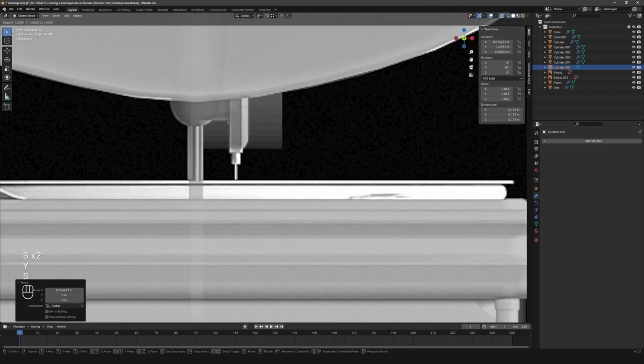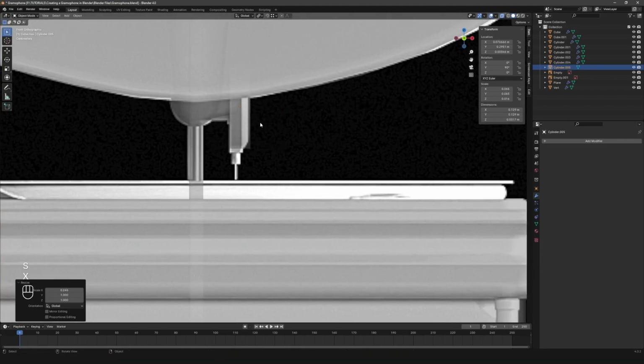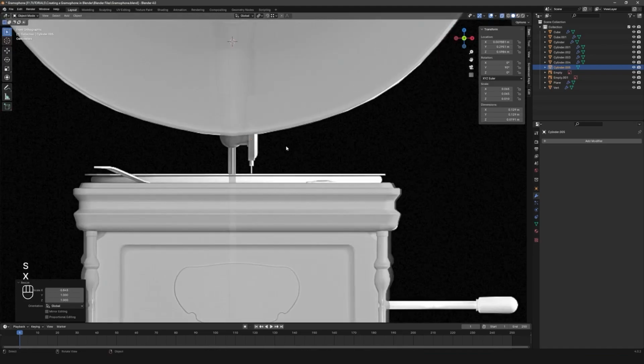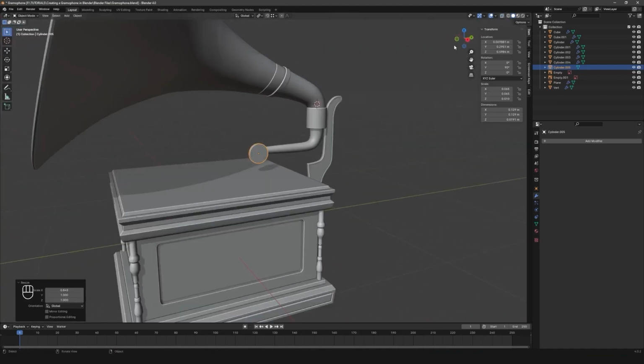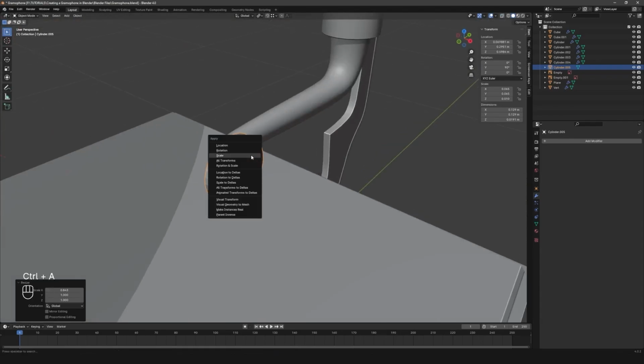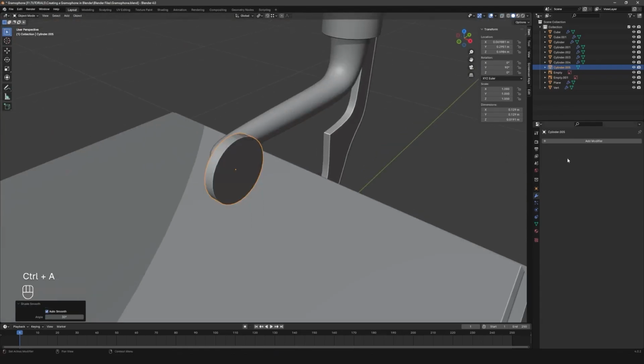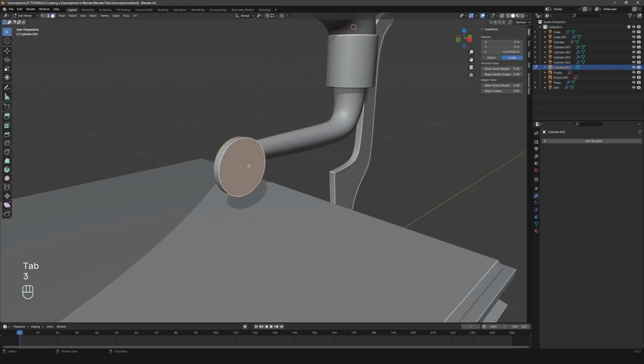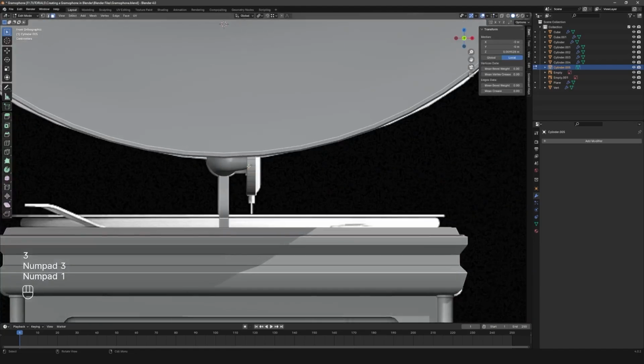Press S then X, and scale it down like this. Hit shade auto smooth. And now you can just select this, press tab, and let's select this front face and